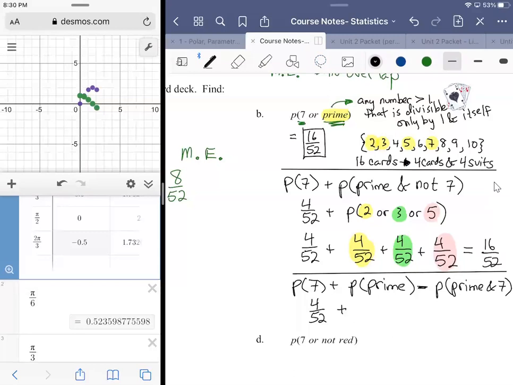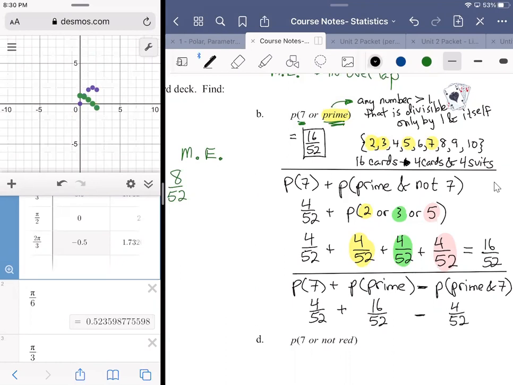So each one of these cards is going to happen for the hearts, the diamonds, the spades, and the clubs. So that's where I'm getting my 16 from when I'm looking at the primes. Now, I can account for all of those, but then I have to say, oh, wait a minute, the prime and the 7, well, that's all the 7s. I already double counted them. So I'd knock off 4 out of